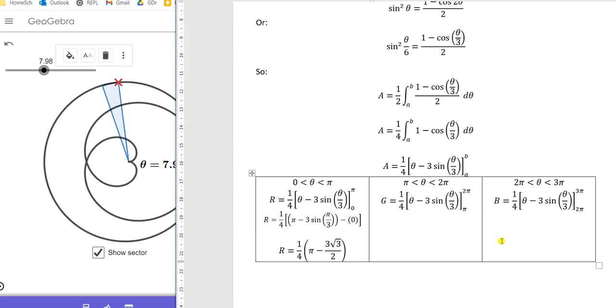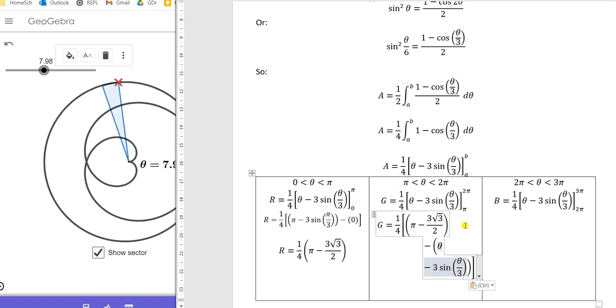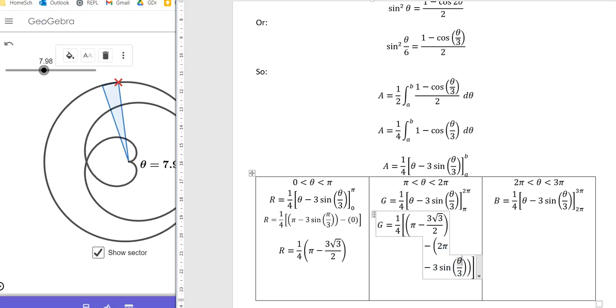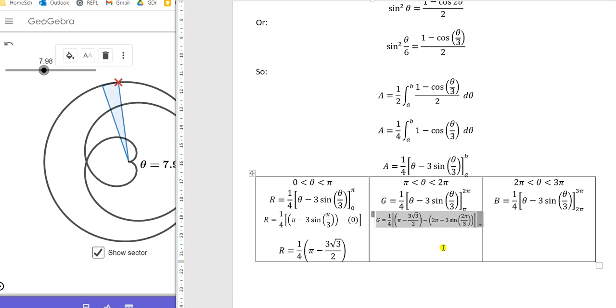Now, when we do the same sort of thing for g, we're going to end up with a quarter of the integral with pi in it, which in fact we've just calculated, so we know that already because we put in pi for one of these, minus the integral with a 2 pi in it. This is going to be slightly different. We need to replace these values with 2 pi. So theta becomes 2 pi, and instead of theta over 3, we get 2 pi over 3. This is starting to look a little bit messy. Shrink it down a little. But it does get simpler